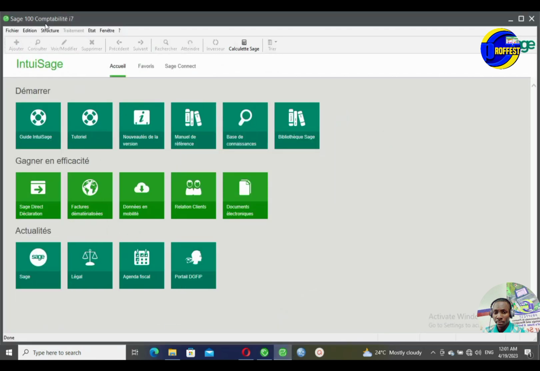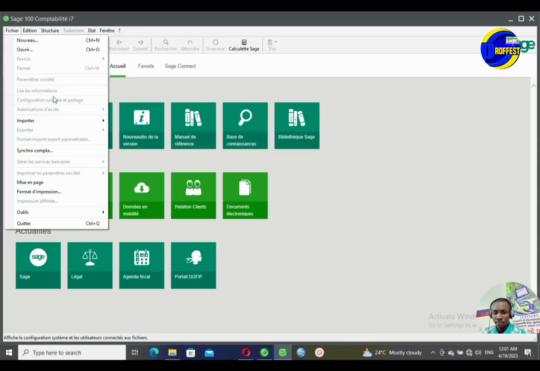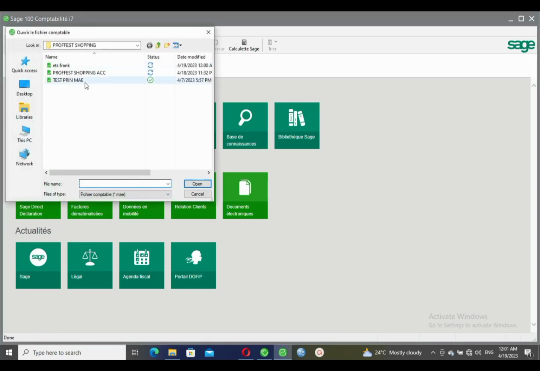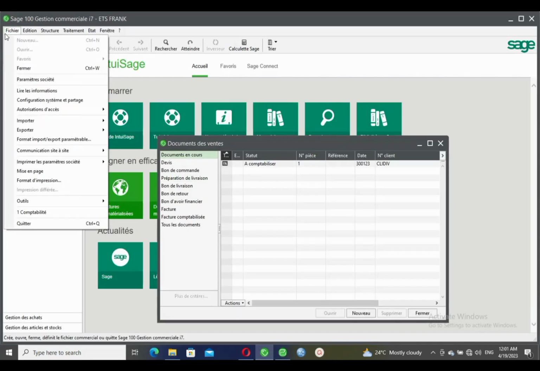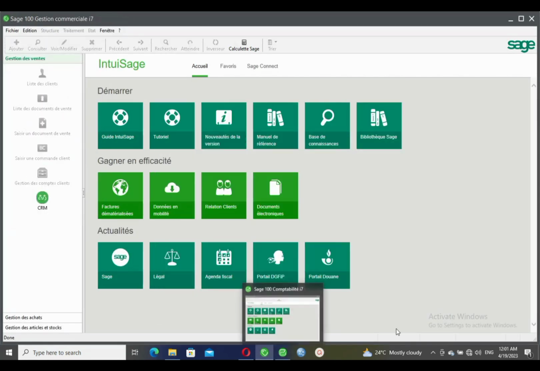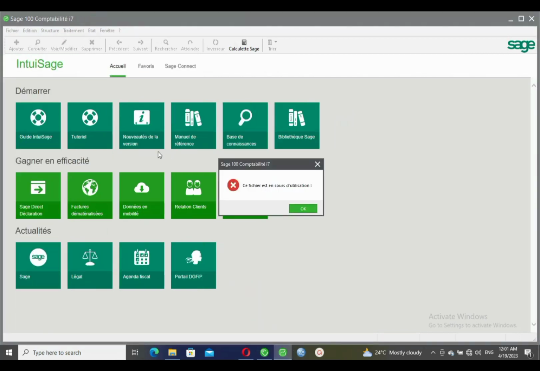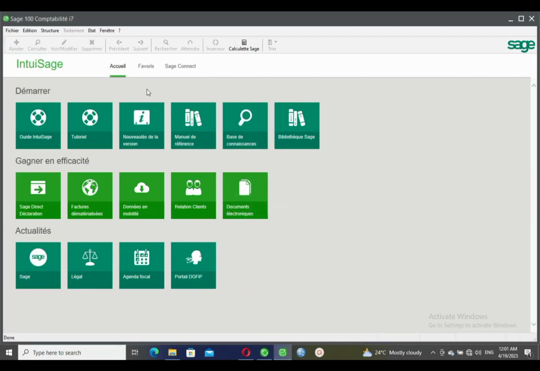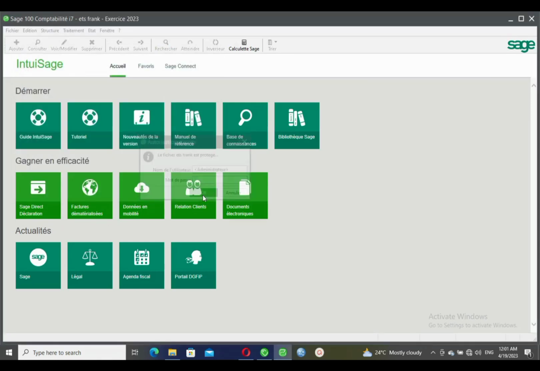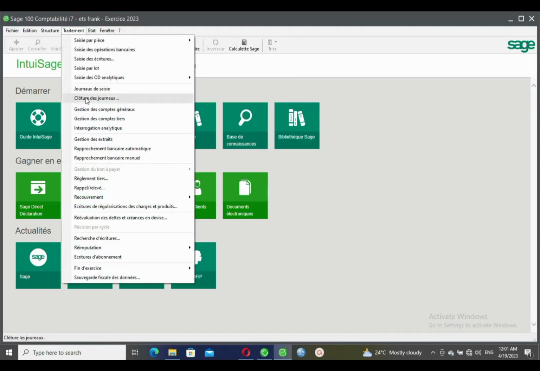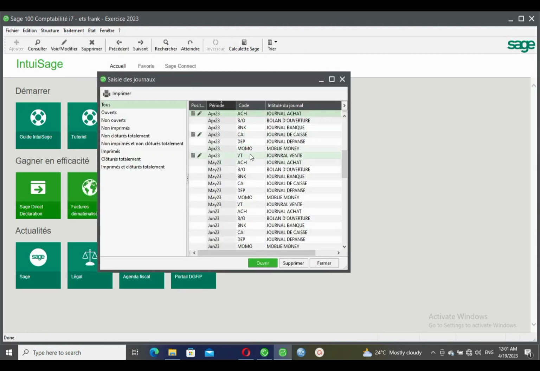If we go back and check at the level of the accounting file, I'll take Ouvrir, and from here I'll open the company. Okay, I should make sure that I first close the other side before I open it. So I'll close from Gestion Commerciale, come to SAISIE Comptabilité, and open the company. We take OK, and when we go to Traitement, Journaux de saisie,